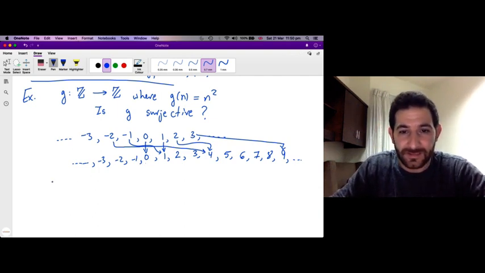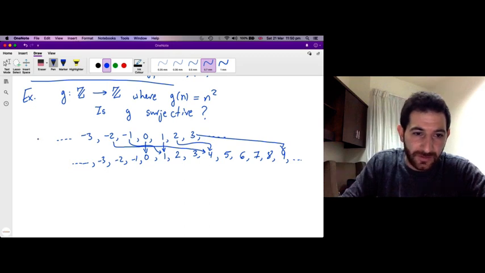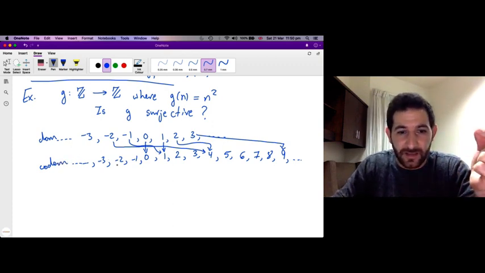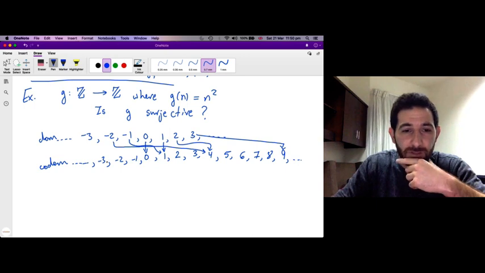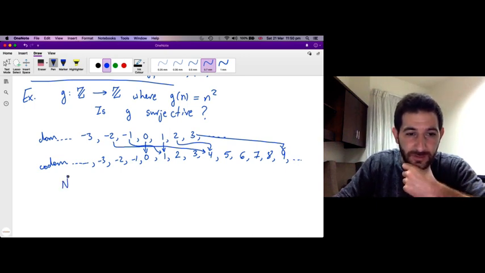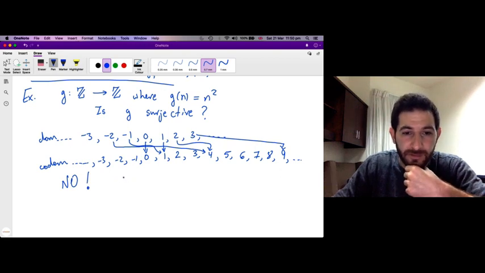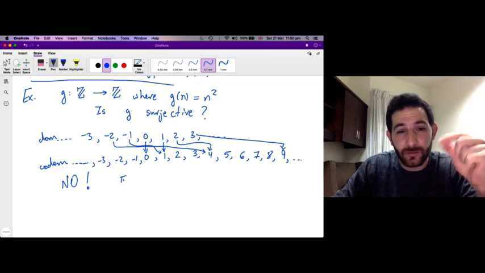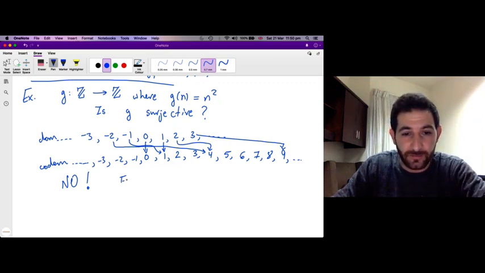And the question, is it surjective? Which means, okay, so this is the domain, this is the copy of the codomain. And the question for you, is it surjective? Which means, does every element in the codomain have a preimage? So the answer is obviously no. Why? Because I need to give you a particular element in the codomain which does not have a preimage. Okay, for example,